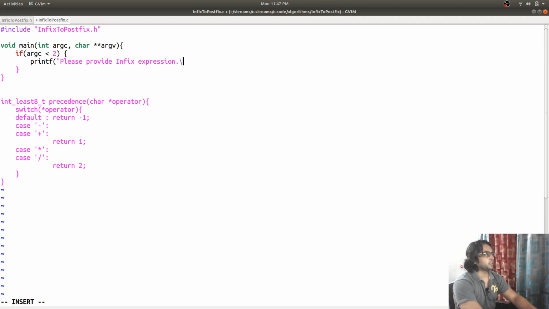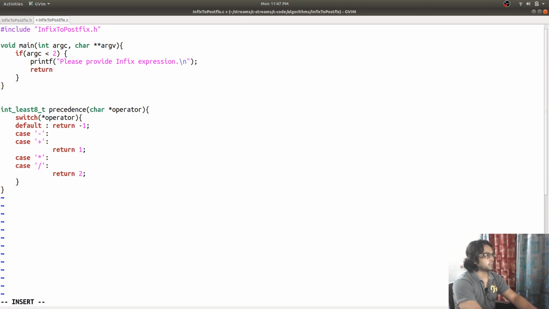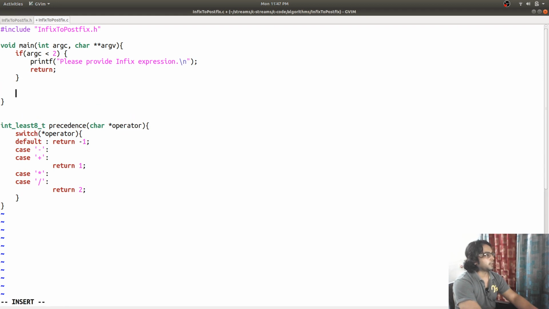I'm not doing all the validation checks, but this much should do while I'm demonstrating it. After that I will be using expression is equal to, as the first argument is always going to be the name of the file that we are executing.